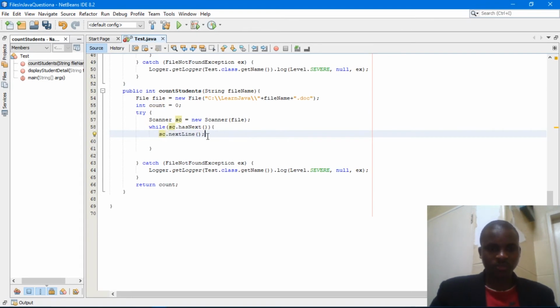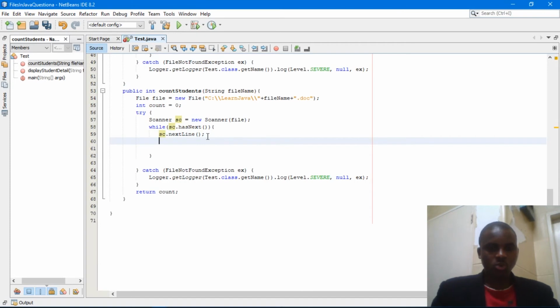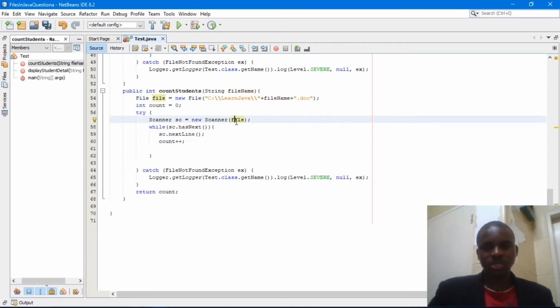The whole file that we have read here is going to be stored in the scanner object sc, and then when you have the whole file here, I'm going to use the hasNext method to see if we still have some non-blank space in the file.